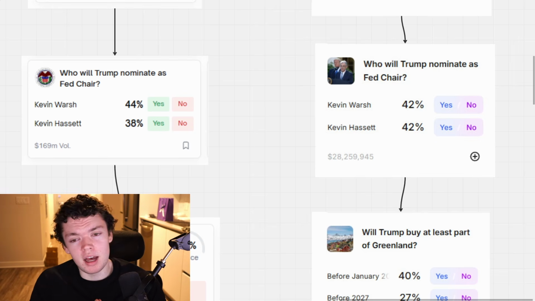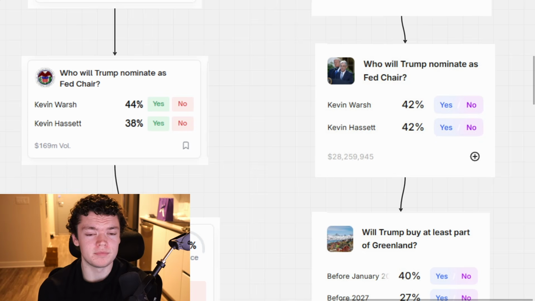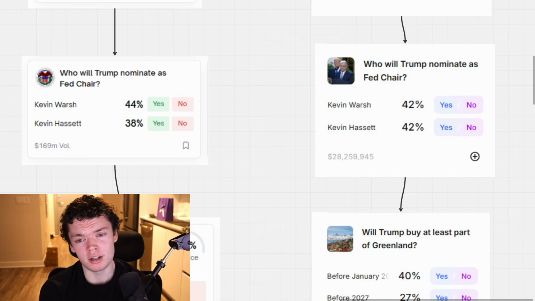Now, does this happen a lot? It does happen a lot, but it also gets scooped up quickly, okay? Because people have bots and things to scoop it up quickly, but there is an opportunity for arbitrage between Polymarket and Kalshi to make money. Now, this is not a main method for anyone really to make money, but it is a nice little side thing and something that you can pay attention to because the markets aren't always priced the same.